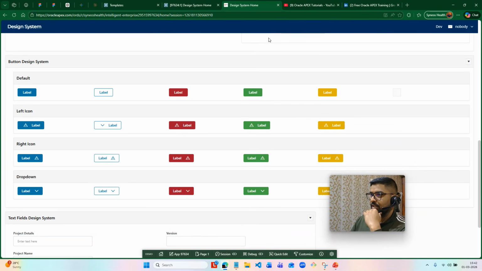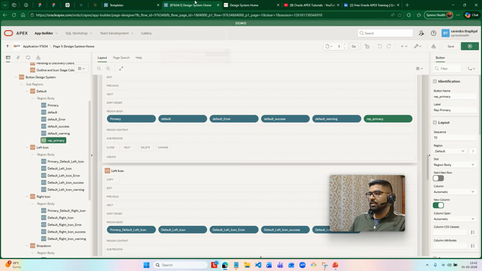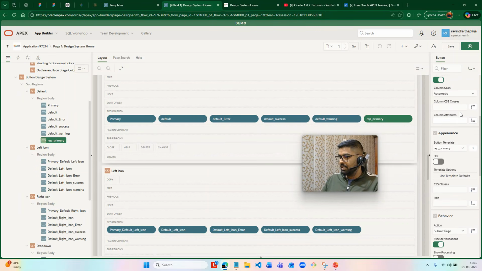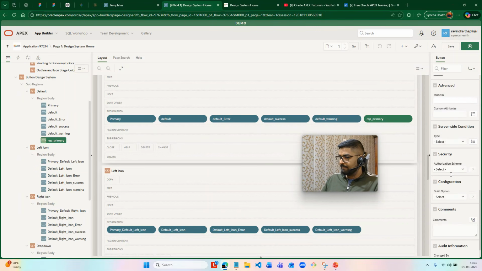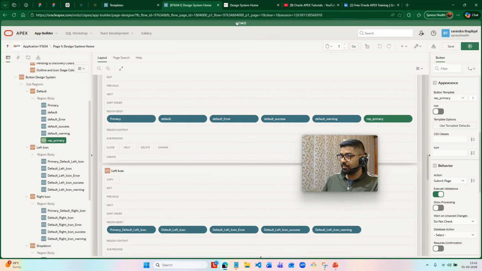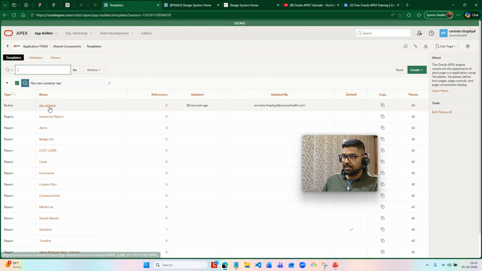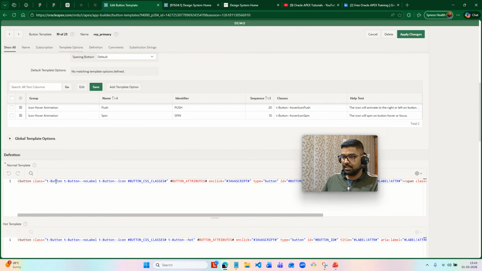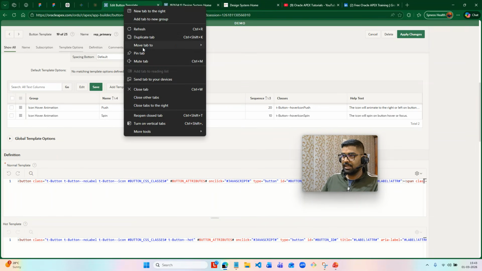So you can see over here, this is a page item label. So what I do is I will go over here, wrap label, and I will change the class over here basically. So if you see there is a T button no label and something like that over here. So I will quickly replicate this one